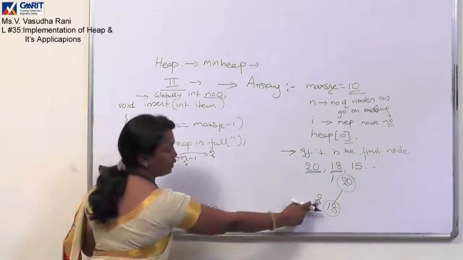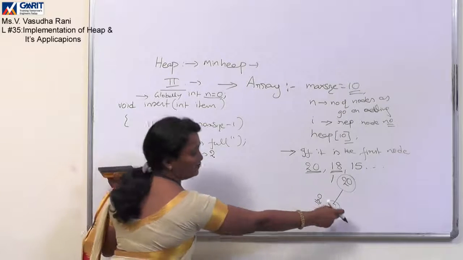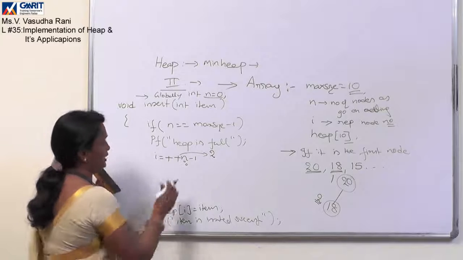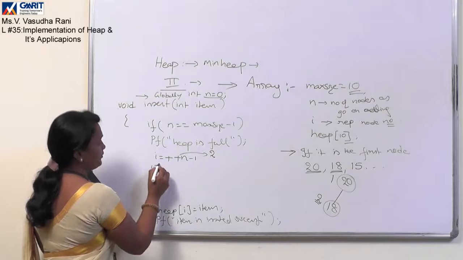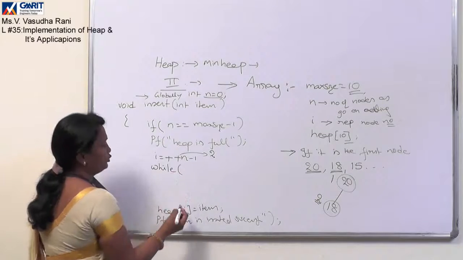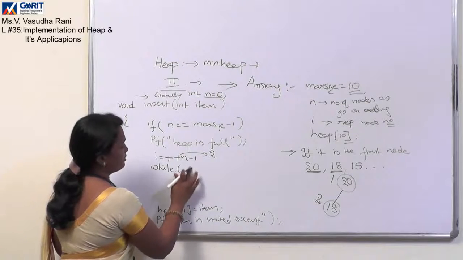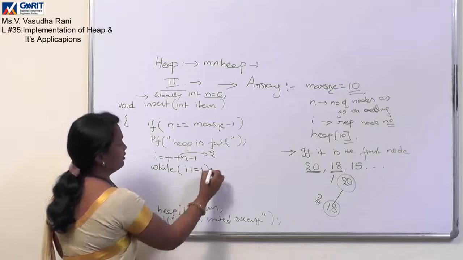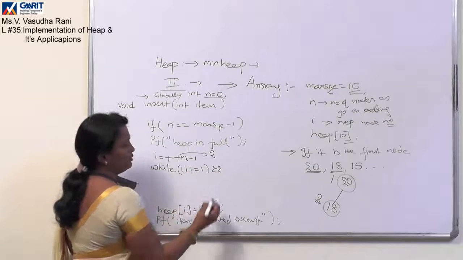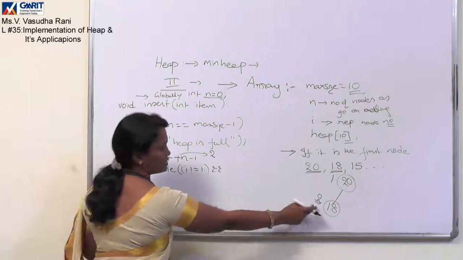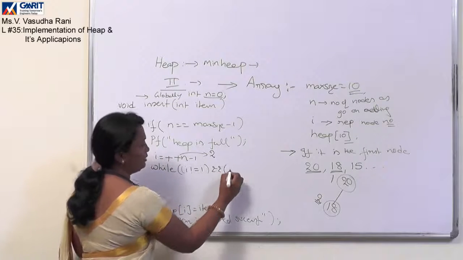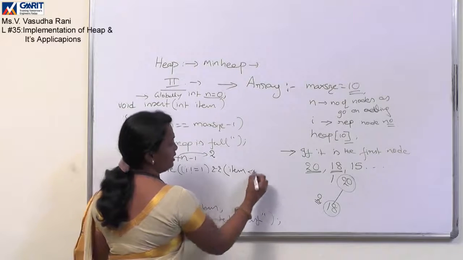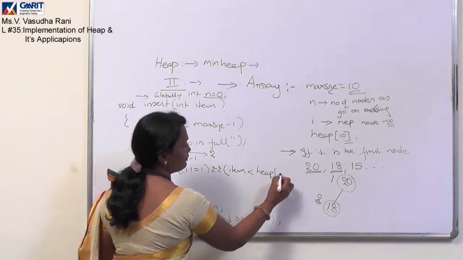Now for the second item onwards, we have to compare it with the previous ones and check for the heap order property. For that, we need to check it with a loop. I should not be equal to 1, I should start from 2 onwards, and if the new item, the second item 18, is less than heap of